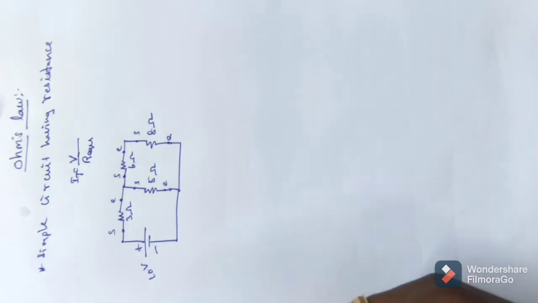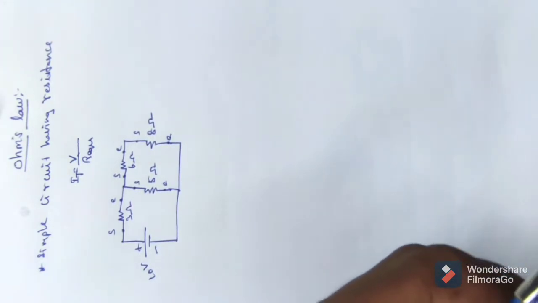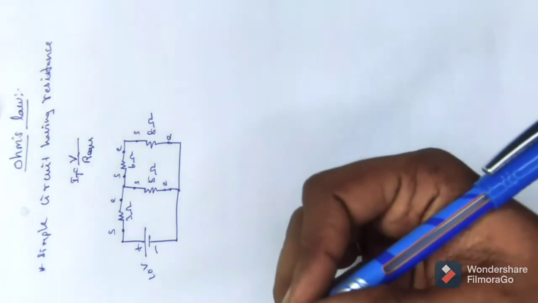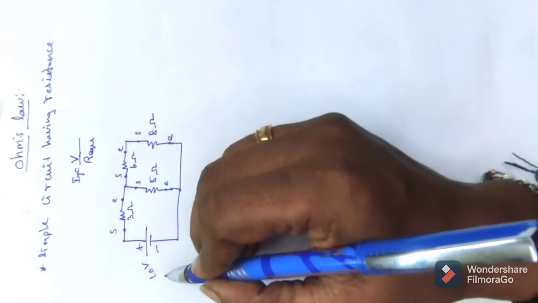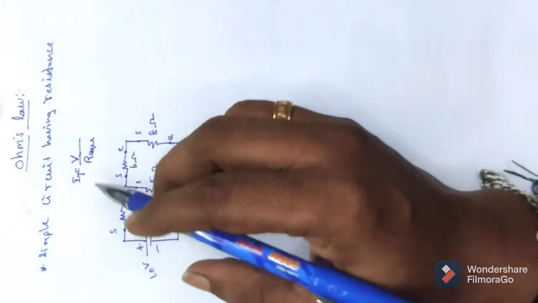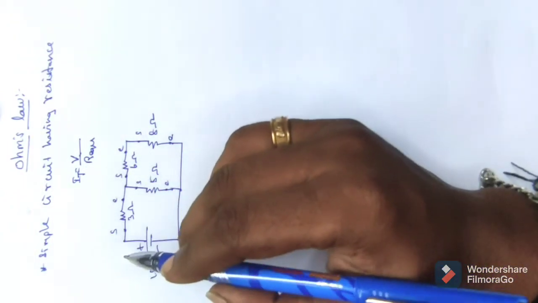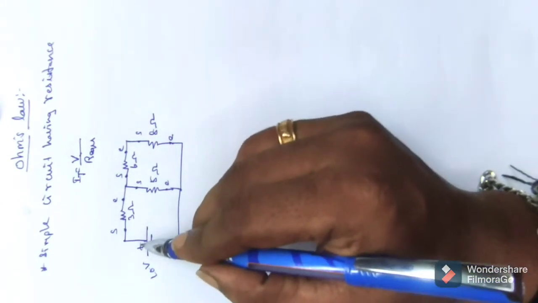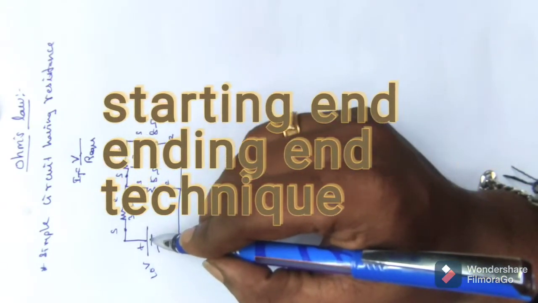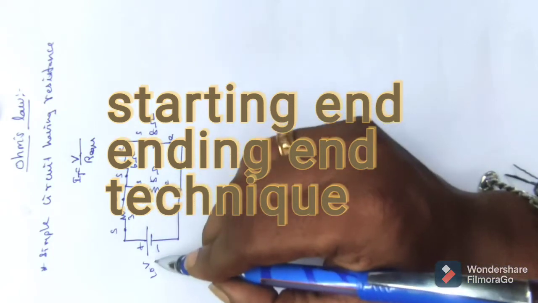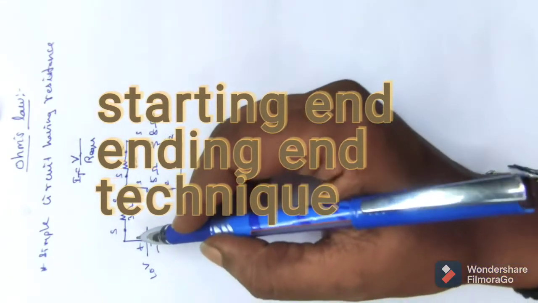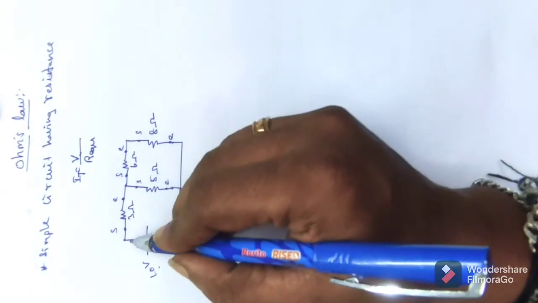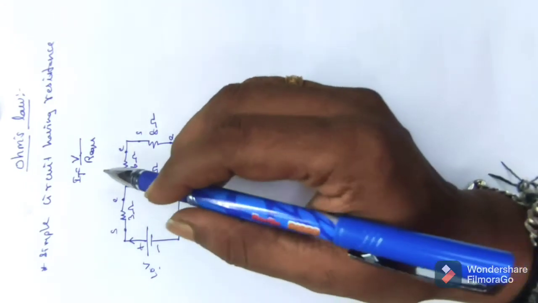Whenever we go for a network reduction technique, we need to start reducing from the end resistance or the least-current-flowing resistance. For that, I'll give you another hint. Here I have 10 volt. As in the previous video, we haven't changed this voltage while representing an equivalent resistance. Whatever equivalent we determine has to be connected to the source, so that is the final resistance. From the source only we are going to get the total current. That is the actual concept from Ohm's law.